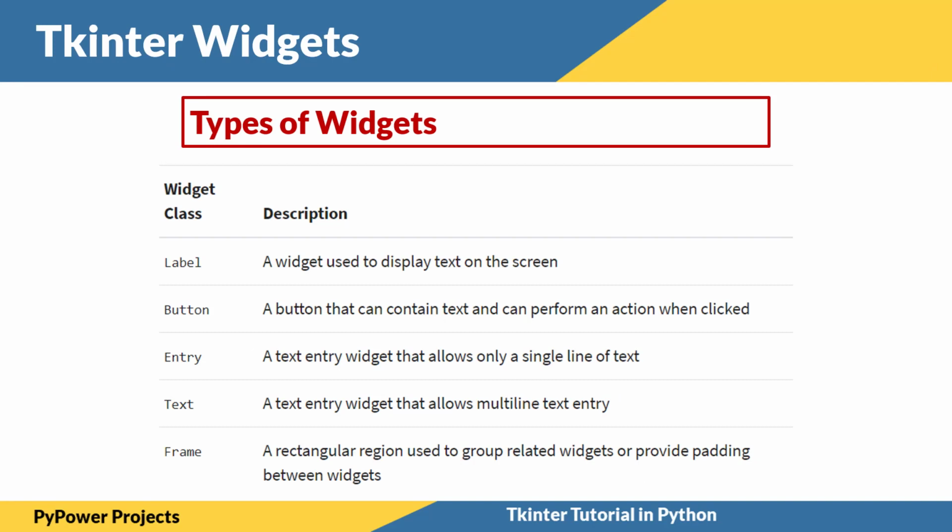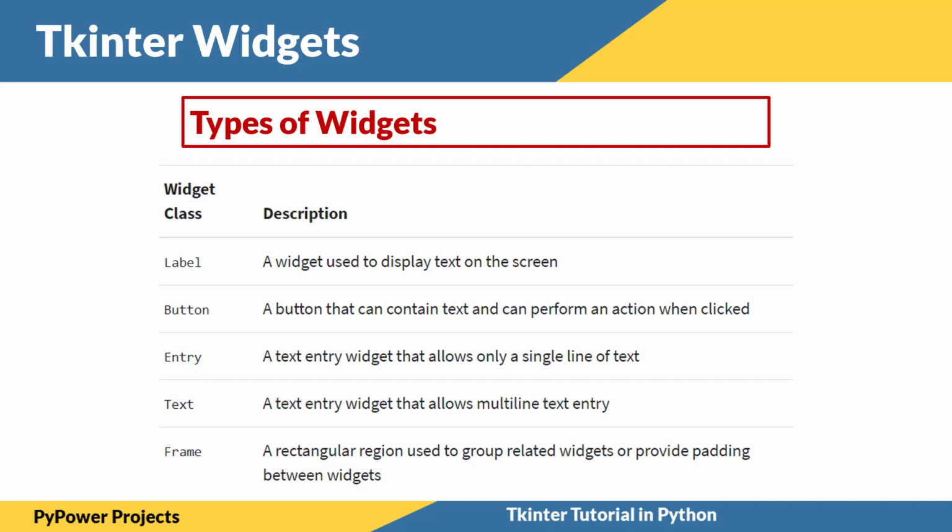Now, as I was telling you earlier, the types of widgets are basically these. Label, a widget which is used to display some text on the screen. Button, we click on the button to perform a certain action. For example, if we build a tic-tac-toe game, we need to click on that board, or if we play a solitaire game, we need to click on the card, so that is a button. Entry, a text entry widget allows only a single line of text. You need to have some input from the user, for example, you are writing your name in some game or application. So that is the actual entry widget.